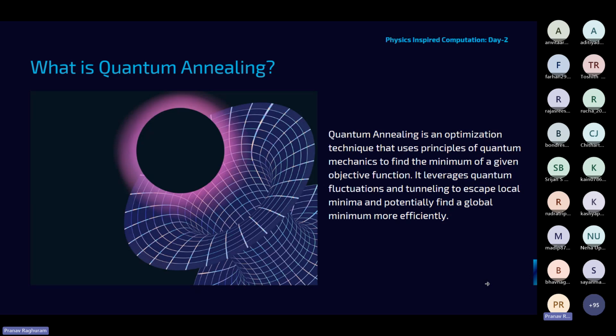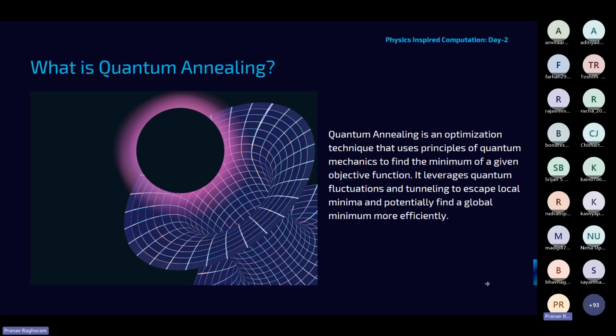The only difference is that while simulated annealing makes use of traditional, classical algorithms, this makes use of quantum mechanical principles like quantum tunneling, quantum fluctuations, and quantum superposition. So let me brief you regarding each principle which is used in quantum annealing.